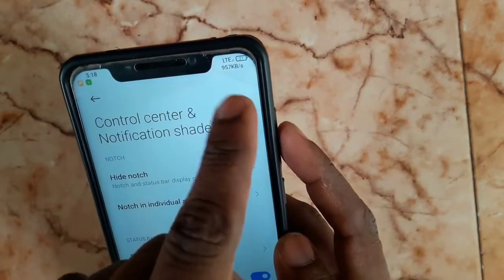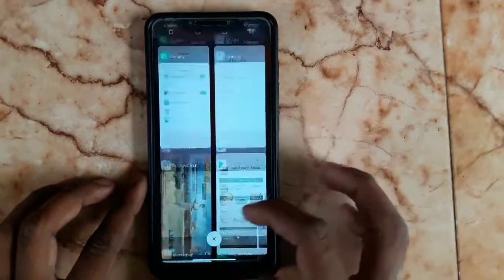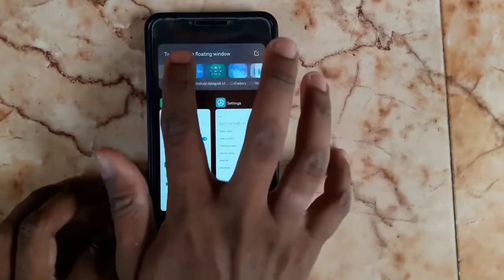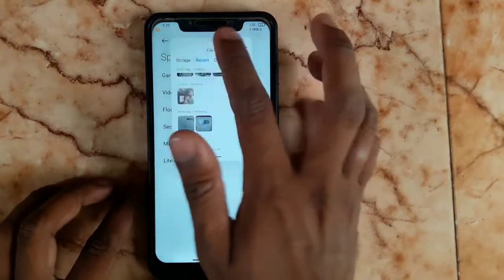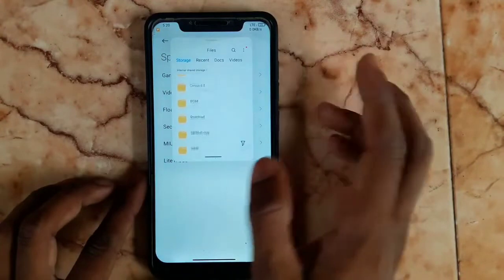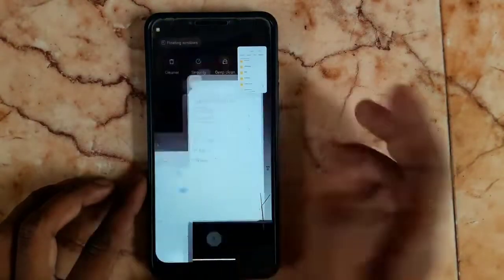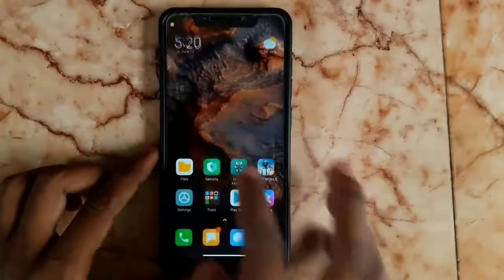And finally coming to the recent screen, there is no lagging with the recent screen, and you can even use a floating window in this recent screen, but you are able to use only one application at once. Don't worry, you will be surprised with the official build because we are going to be able to use 2 floating windows at once.